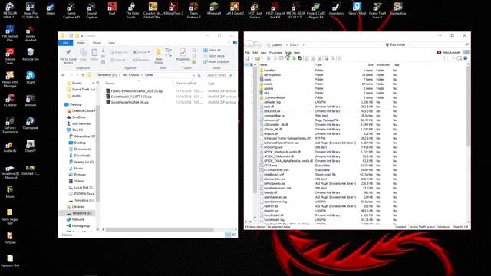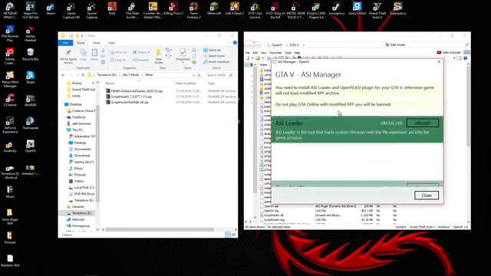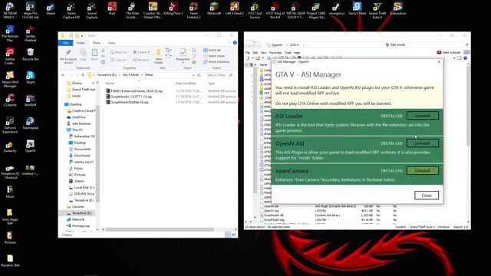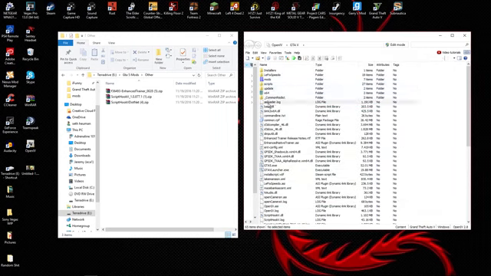So before you do anything, you're going to want to go to Tools, and then go to ASI Manager. In the ASI Manager, you're just going to download these three things. They take a couple of seconds, and basically they make sure that whenever you're modding your game, it doesn't completely mess up your game. So say you get a mod that messes up your game. Instead of it being downloaded into your directory where you have to go and search for it,